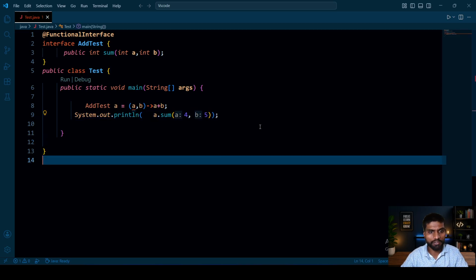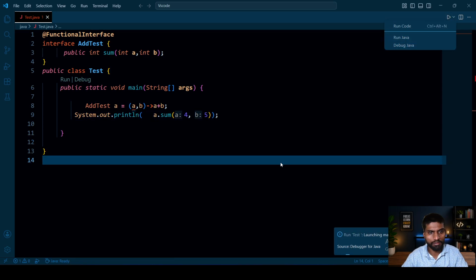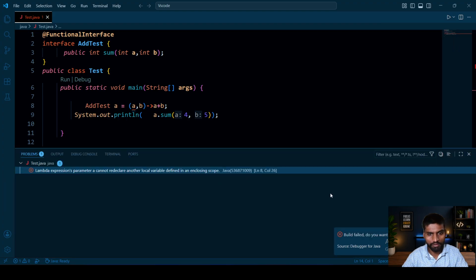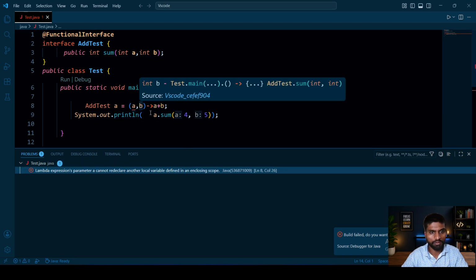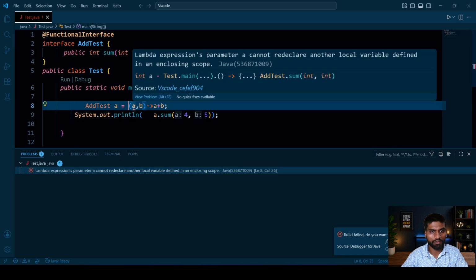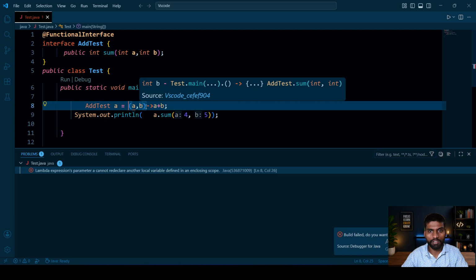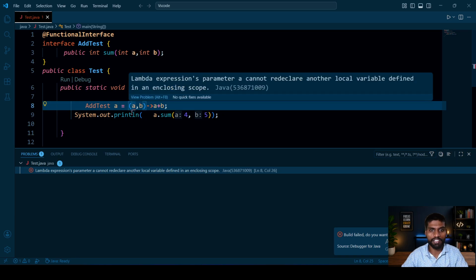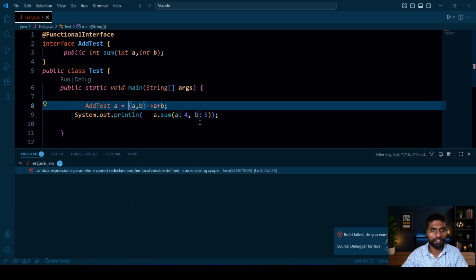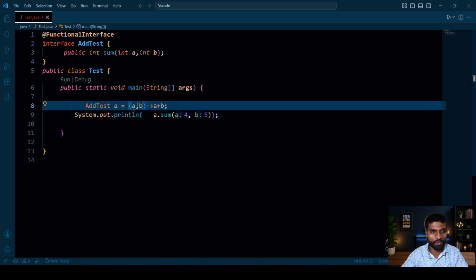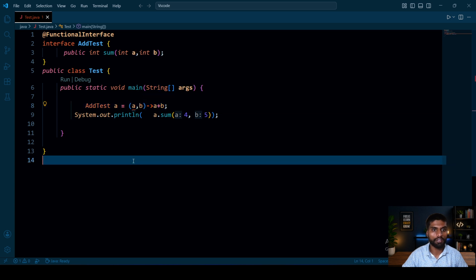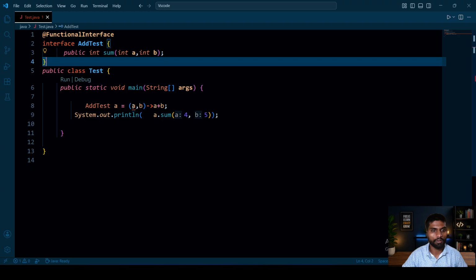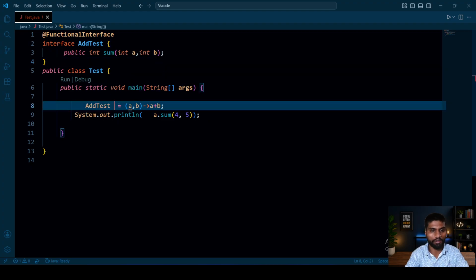Look at this, guys. The error says the lambda expression parameter cannot redeclare another local variable that is already defined. Oh, sorry, I wrote another local variable here.